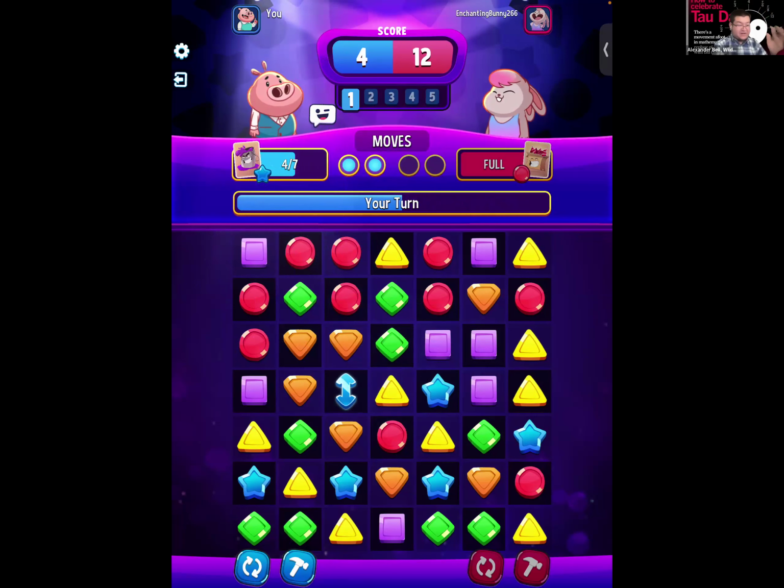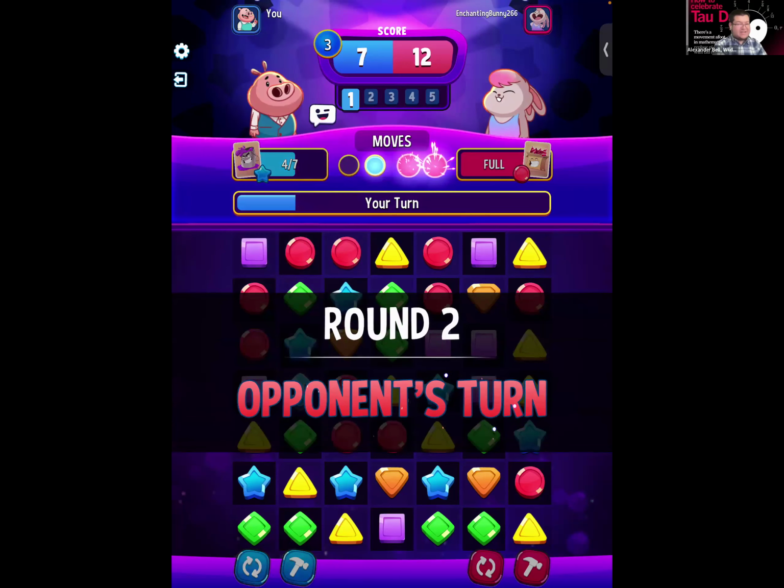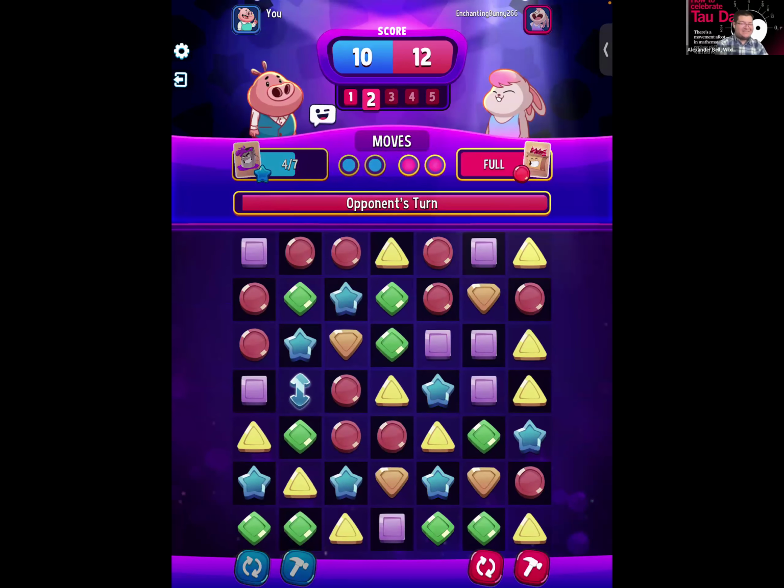So again, I'm just looking for any other 4s that I can make. I don't see any, so I just try to manipulate the board as much as I can. So let's go for this right here. Still don't see a 4, but I am just going to make a match. So at least I can make those points. So again, my opponent is winning right now.